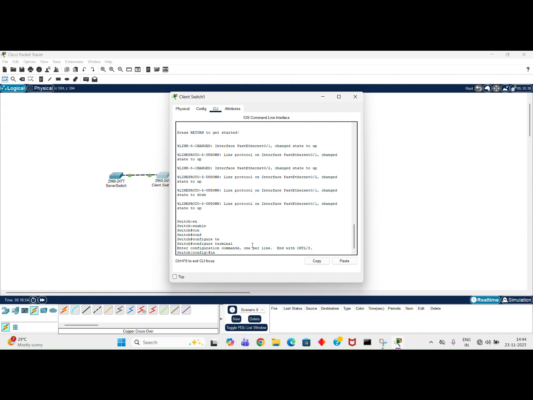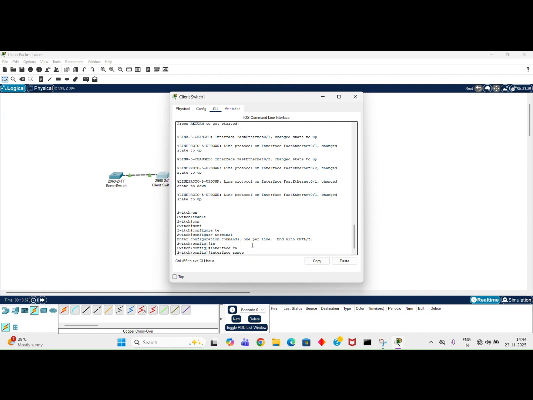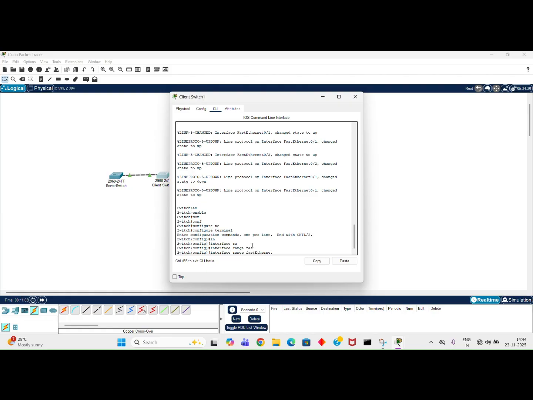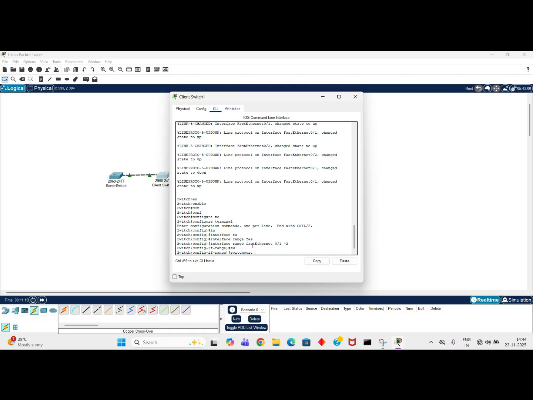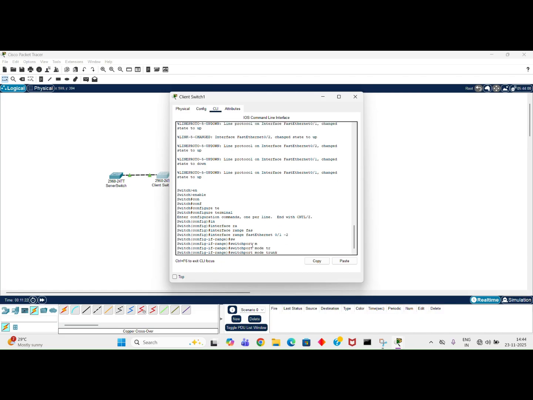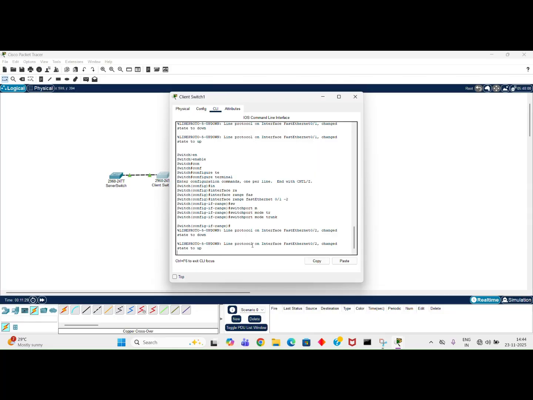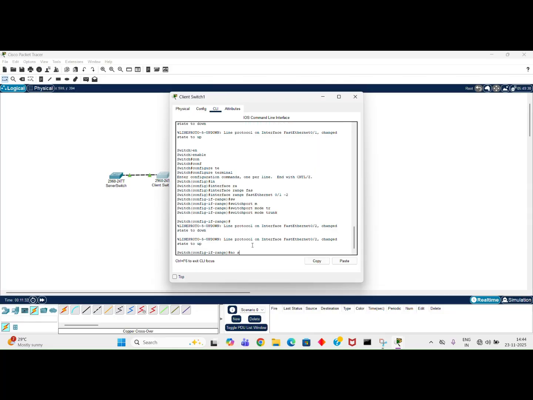Enter interface range. We have to take the range because of two ports, FastEthernet 0/1 dash 2. Enter, switchport mode trunk, enter, no shutdown,